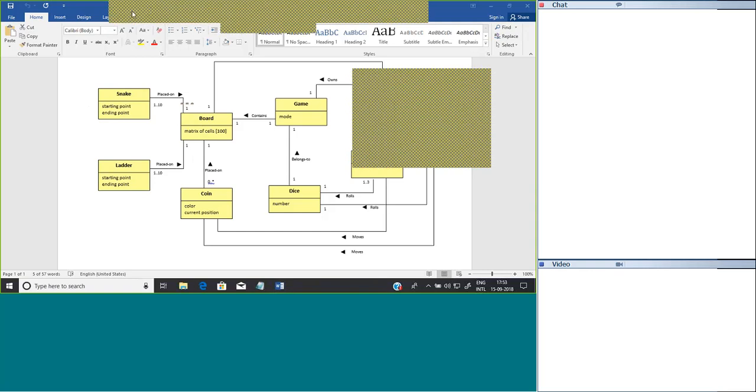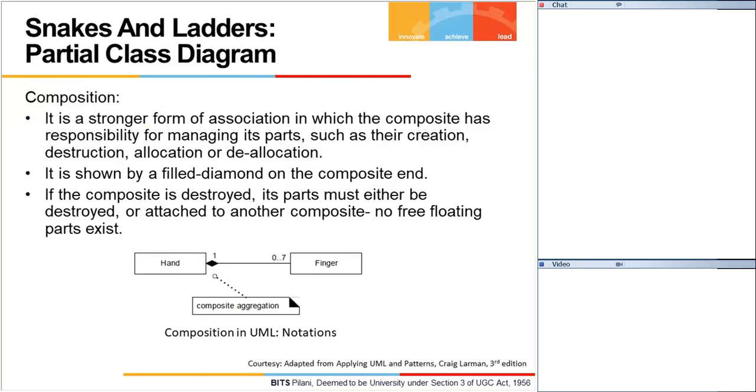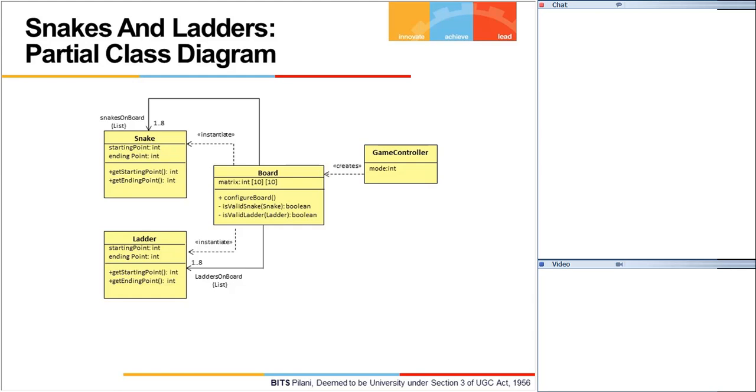I will just stop sharing, and let me just go back to this, and we are here. So the first thing from transiting from a domain model to the class diagram is that capture the attributes and the operations. So I've tried to do that. This is only a very small portion of the class diagram. It's a partial one. The snake class has two attributes, start point and end point, and each one is of type int. Then it has two operations, get starting point and get ending point,